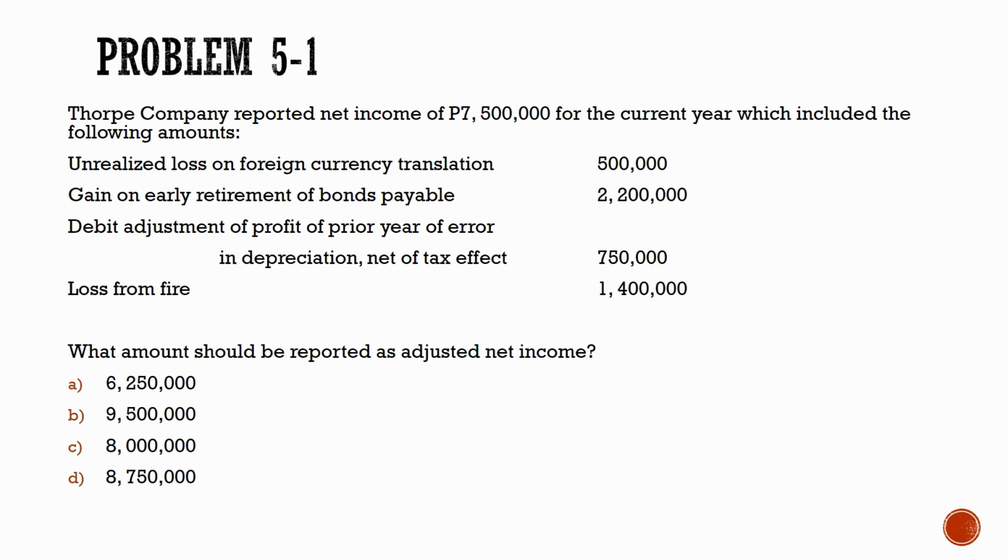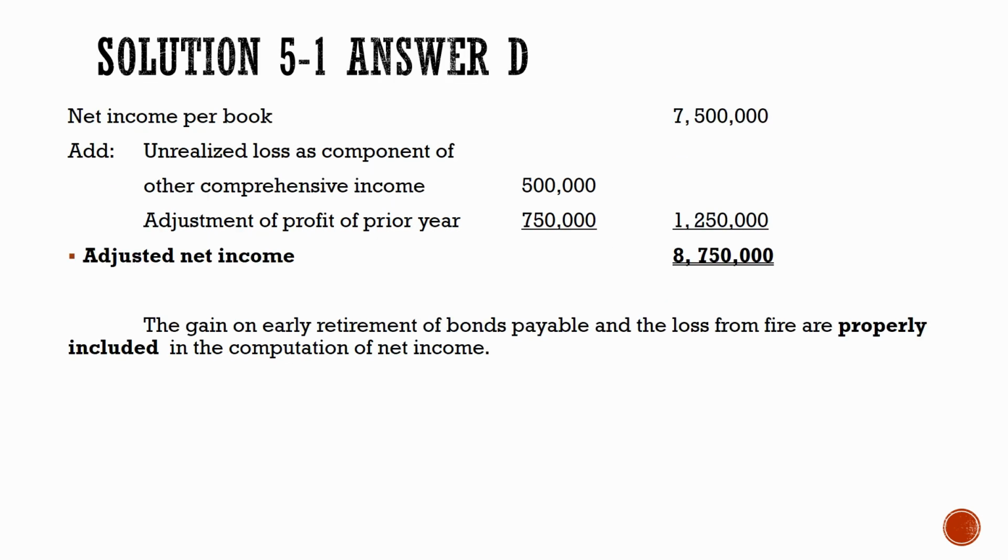Letter A, 6,250,000, B, 9,500,000, C, 8 million, and D, 8,750,000. So the unrealized loss on foreign currency translation is reported as an adjustment to stockholders' equity as a component